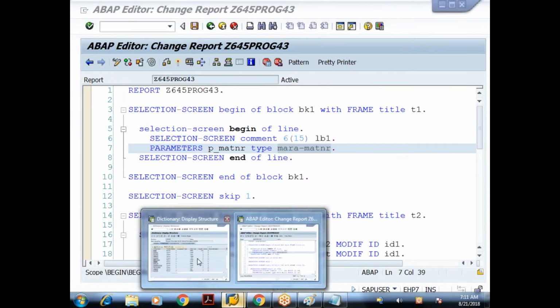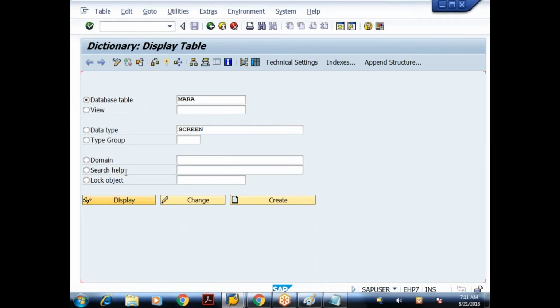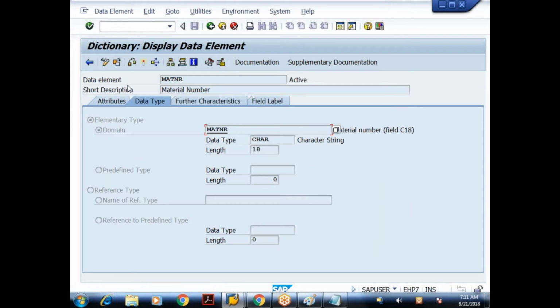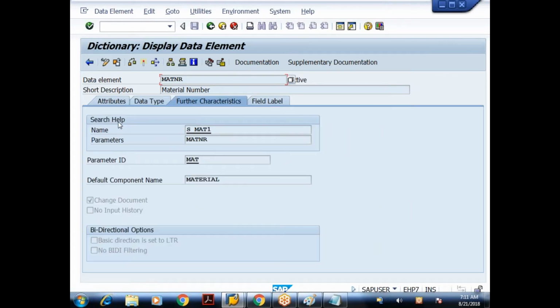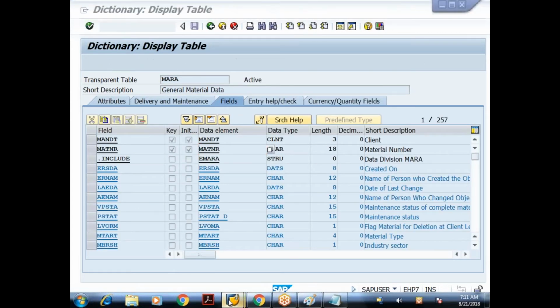So if you go back to the MARA table and see the field MATNR, what is the data element? MATNR. If I navigate to the data element level by double clicking on this, and go to further characteristics, there is some search help attached to the data element of that field. Since a search help is attached to the data element of that particular field, we are getting the